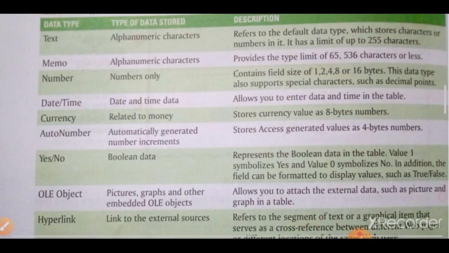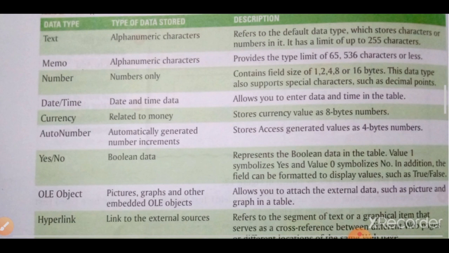And the very first data type that I am going to discuss is text. Text is a simple alphabetical data. So if you have to enter the name of anything, or any type of number that contains the alphabet also, like A 1 to 5, 1 to 5B, in this case you will have to select the text data type. The second is memo. You will select memo when you have to enter a large quantity of data. For example, if we have to enter the address, the name also. So when the quantity of the data to be entered is large, then the memo data type is used.